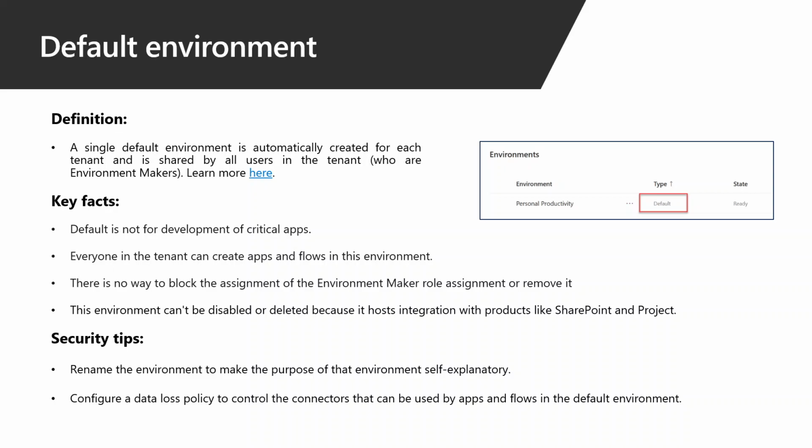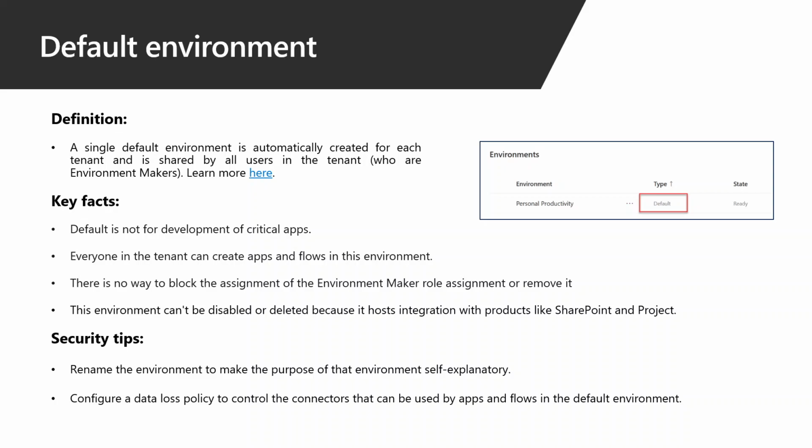So the default environment, it's not for development of critical apps. Everyone in the tenant can create apps and flows in there. There's no way to block the assignment of environment maker or to remove it. It can't be disabled or deleted because it hosts some really core stuff like SharePoint project. Some security tips. One thing that Microsoft recommends is renaming the environment to personal productivity, and then configuring data